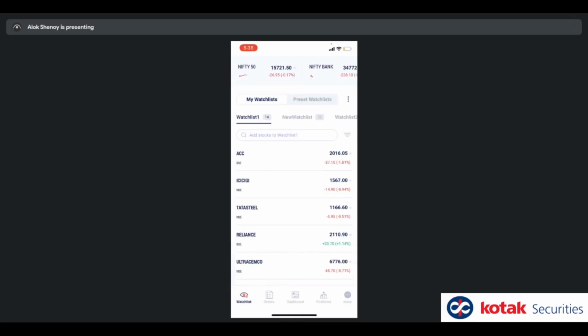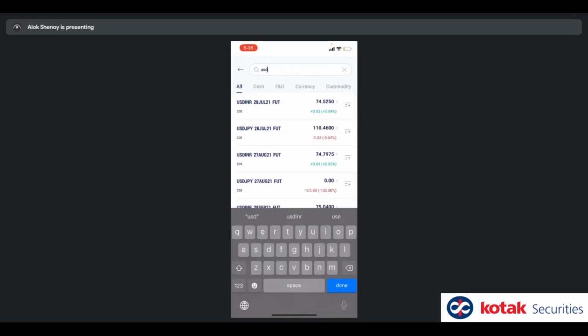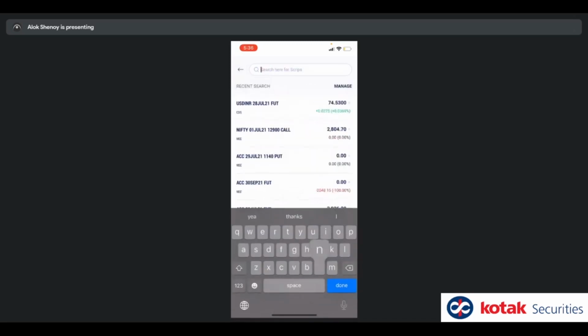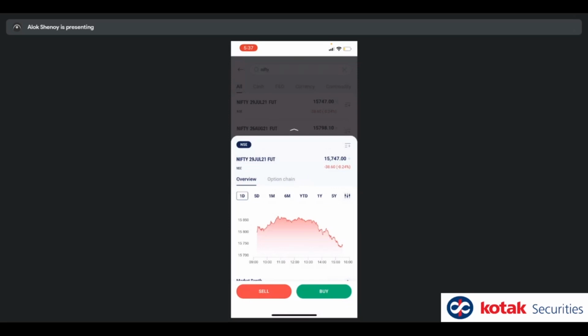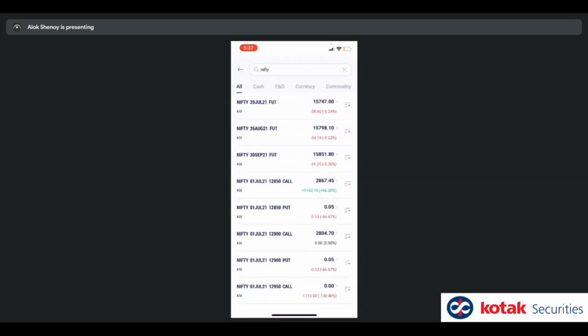However, if right now you want to place a trade in currency, go to search. For example, USD. You have the currency tab if you want to go to currency specifically, or if you've got the understanding, then you can definitely see that this is a currency one. You can go here and place your trade. Very soon over here as well, there'll be a tab introduced called option chain, like you see on Nifty today. If you go to Nifty and click this, it shows you option chain right now. A similar tab will appear in currency as well and commodity.